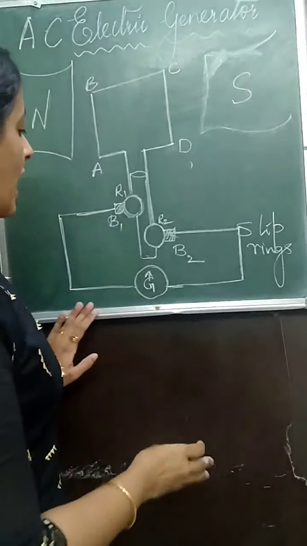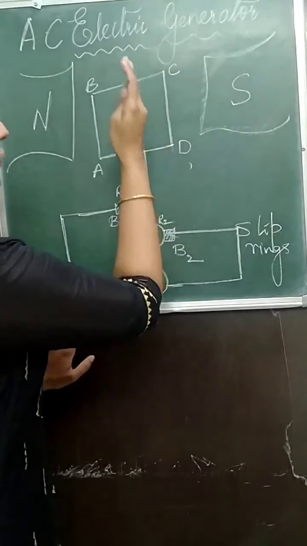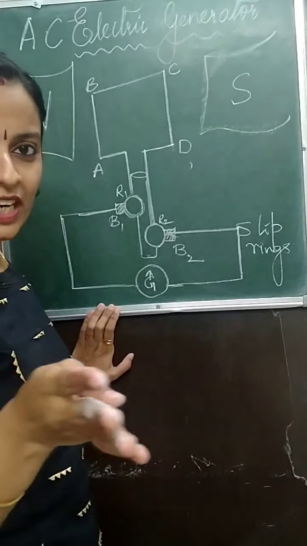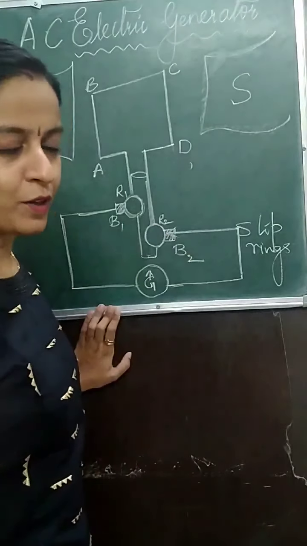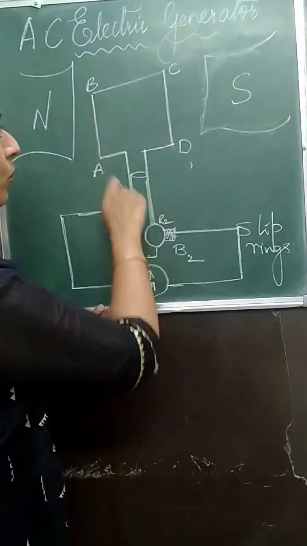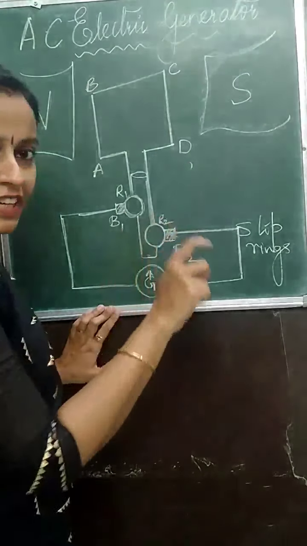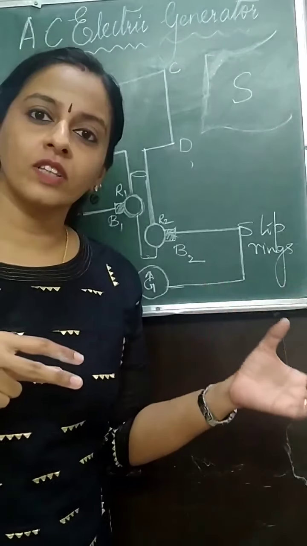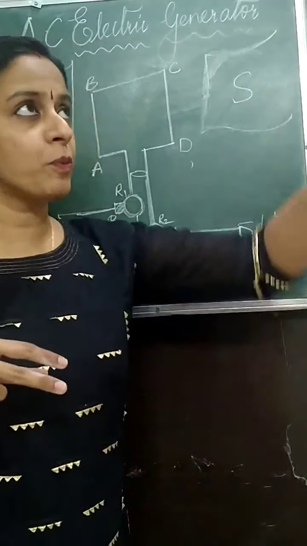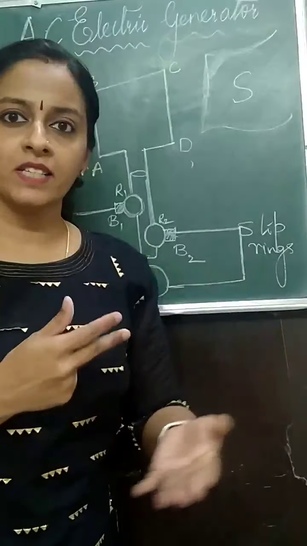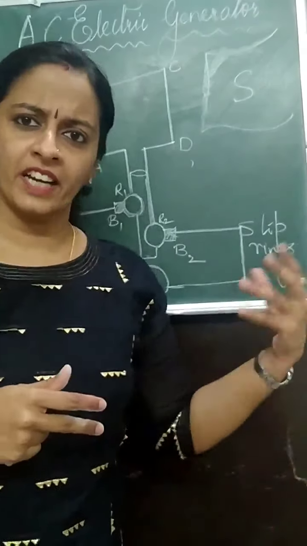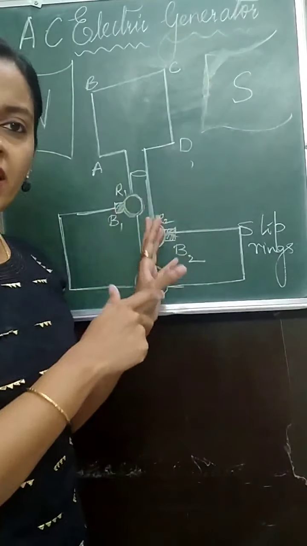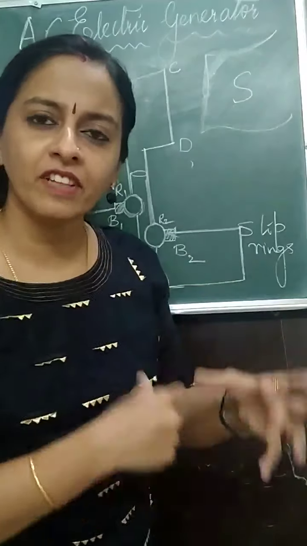Now, until and unless you move the coil, there will be no induced current. If you keep this setup undisturbed, no current will be induced. So we have to move the coil. Now to move the coil, either we can use turbines. Turbines move on the effect of water. If you put water from a greater height, the turbine starts moving. Same way, through wind, it will start moving, or through steam also the turbine can move. So here, to demonstrate it, we will rotate it with our hand.